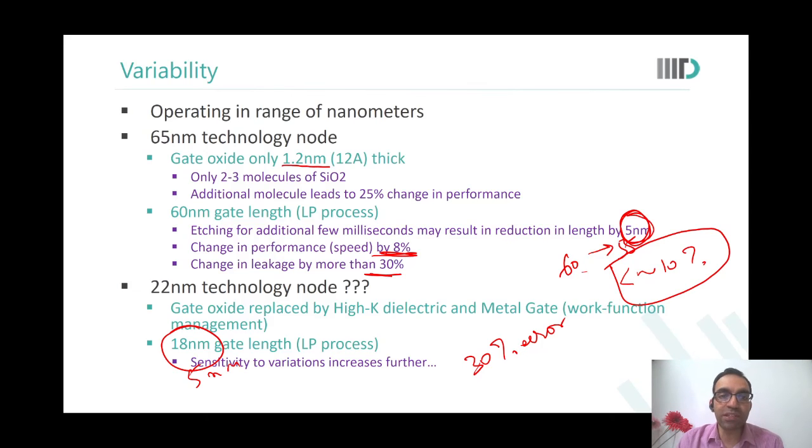So what was done was, instead of silicon dioxide as the gate dielectric, we used high-k materials as gate dielectric. So the physical thickness of the oxide would be something of the order of 20 angstroms. But in terms of silicon dioxide, the effective thickness would be in the ratio of the high-k. So effectively, gate oxide thickness is 8 angstroms, but physical gate oxide thickness because of a high-k dielectric is 20 angstroms. So variability reduces. Okay, so now we are playing with the chemical properties of that. Yes. Okay. Materials.